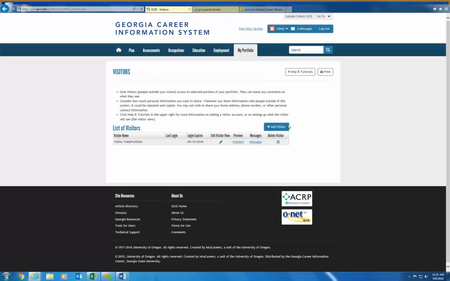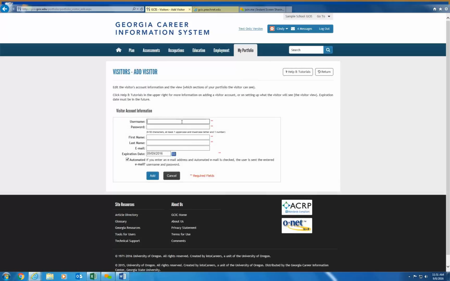If I wanted to add a second person, I would click on Add Visitor, and I would implement a username and a password.